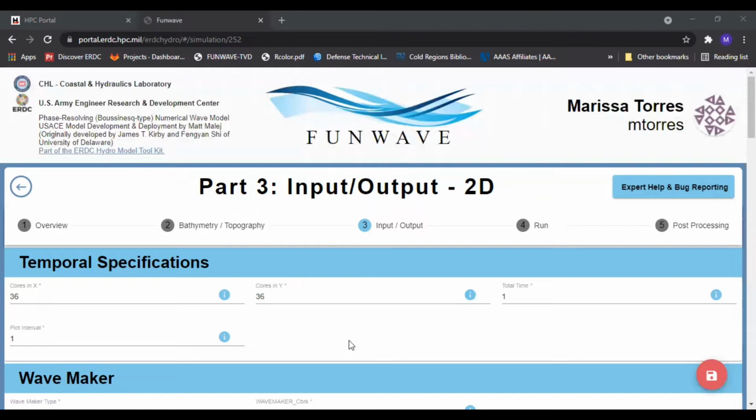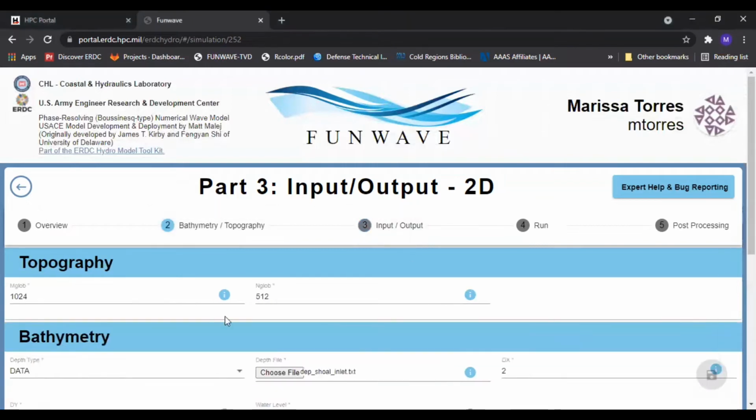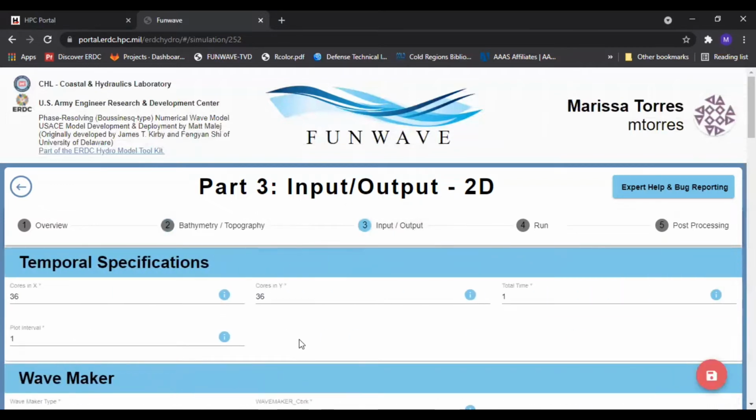If you recall in the previous video tutorial on the bathymetry tab, we had specified the size of our domain with mglobe and nglobe variables, roughly on the order of 1,000 points in the X direction and 500 points in the Y direction. Moving back to the input-output tab, the number of cores in X and Y, or the PX and PY variables, essentially define how that numerical domain will be handled in the parallel processing environment on the high-performance computing machines,